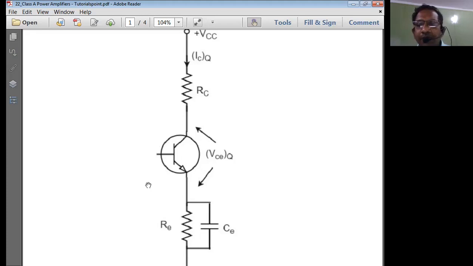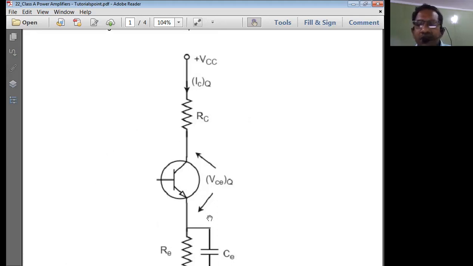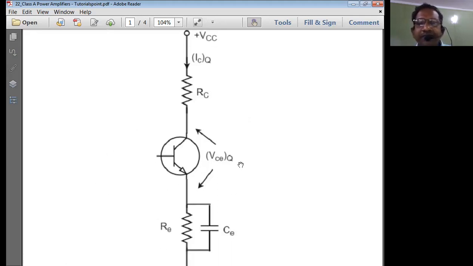Because it is a power amplifier, the size of the power transistor is going to be larger than the ordinary transistor. That is the only difference which you're going to find in the construction of the class A type of the power amplifier. Otherwise, the entire circuit diagram is going to be same. At the input of the transistor, you're going to have the biasing resistors R1, R2, and the coupling capacitors CB and CC. At the input side, you're going to have the input voltage source along with the input source resistance.